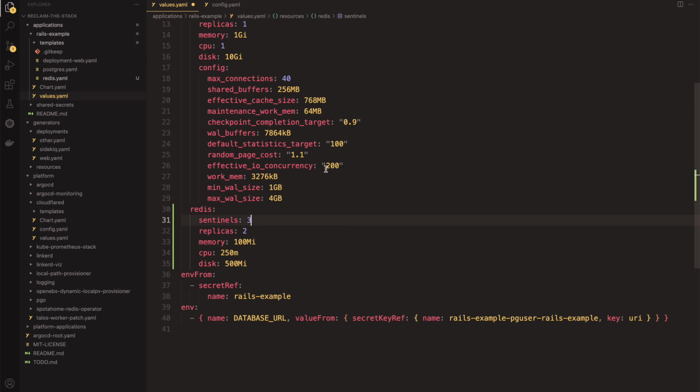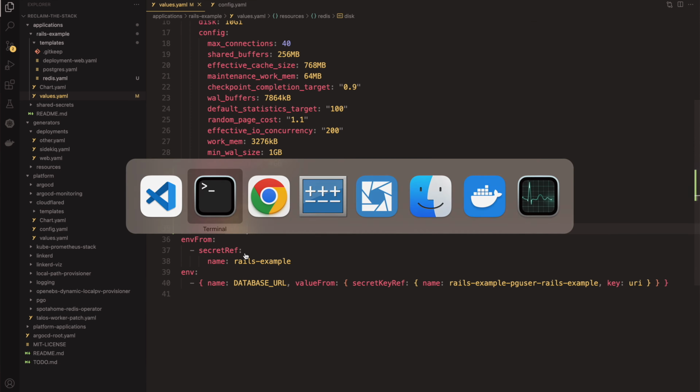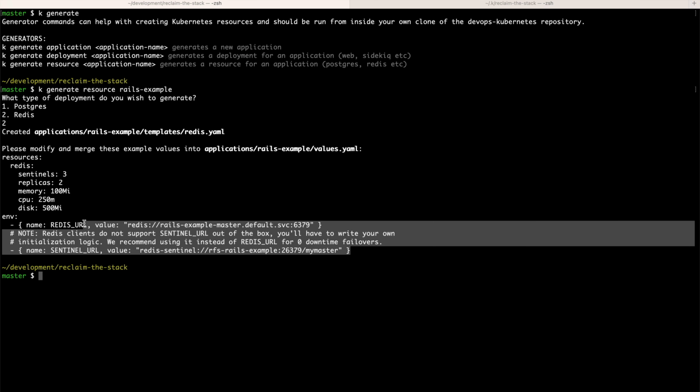And we can turn these down since we are not doing a high available cluster. And here you can also specify now memory, CPU, and disk for Redis. We just want a tiny little instance, so this looks good. And finally, we need to add,